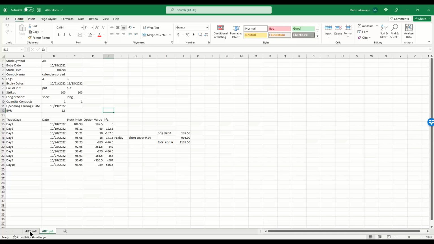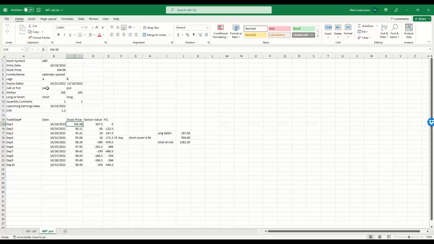Many traders will look at an at-the-money calendar spread and say, well, I'm going to do the put calendar, and then that trader's buddy says, well, I'm going to do the call calendar because it's cheaper. And then on another stock, the put calendar might be cheaper. It's usually a function of which one is in the money and which one is slightly out of the money. They're both very close to being at the money. For example, here you see the price of the stock was 104.98. Well, it's 2 cents.